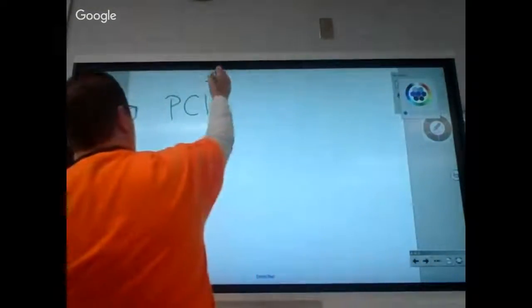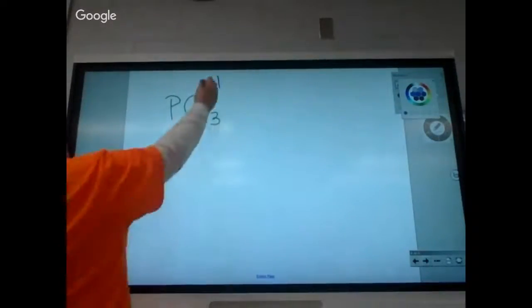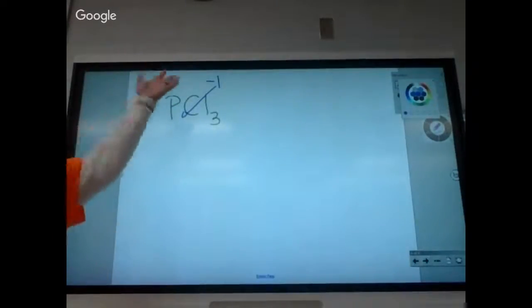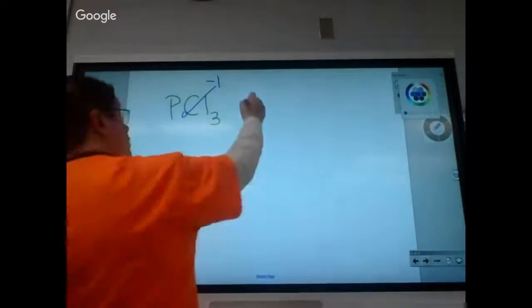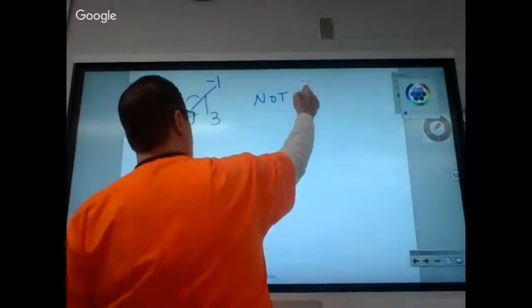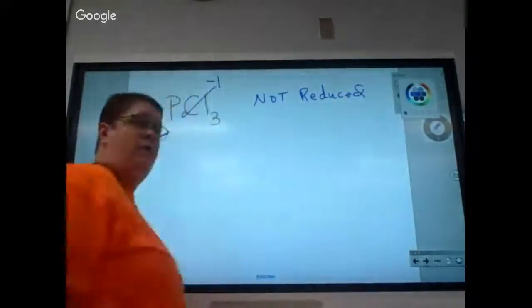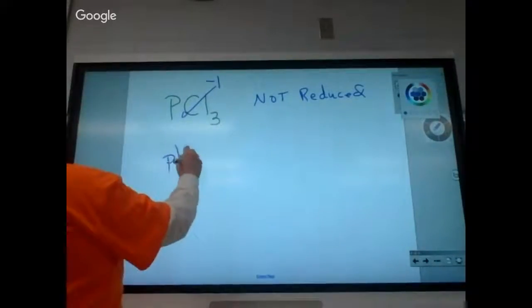Okay, -1. Somebody yelled that out and they are right. So what number is right there? A 1. So if it started as a 1 and it's still a 1, was it reduced? No. So this one was not reduced. So do I have to do any of that squirrely figuring, backtracking, and multiplying? No. So I write phosphorus,